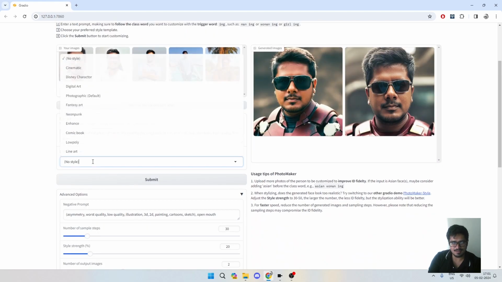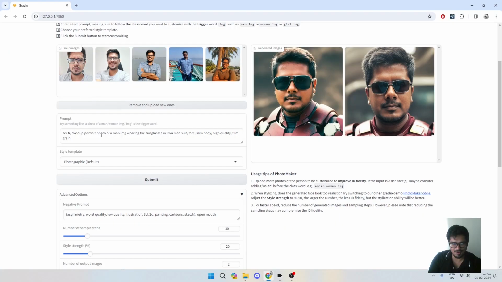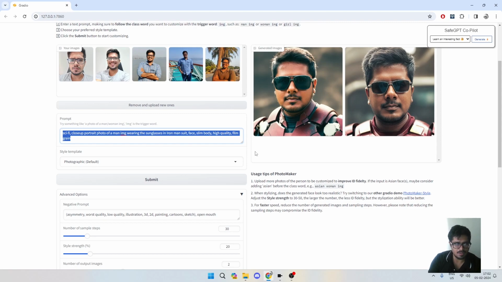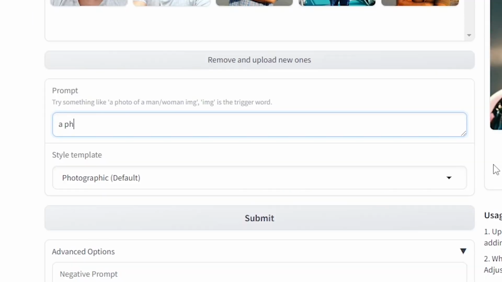So let's just try generating a photographic image and see what we're able to generate. Let's change this to 30. I don't know how to access the previous negative prompts that I had. So let's just say a photo of